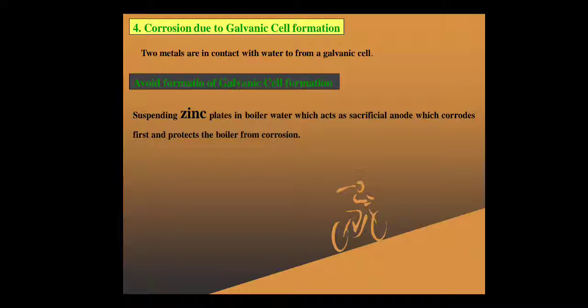These are the four causes, prevention and disadvantages of corrosion due to use of hard water in generation of steam. That is the first ill effect of use of hard water in generation of steam. From this video, you can understand how corrosion will disturb the function of the boiler.